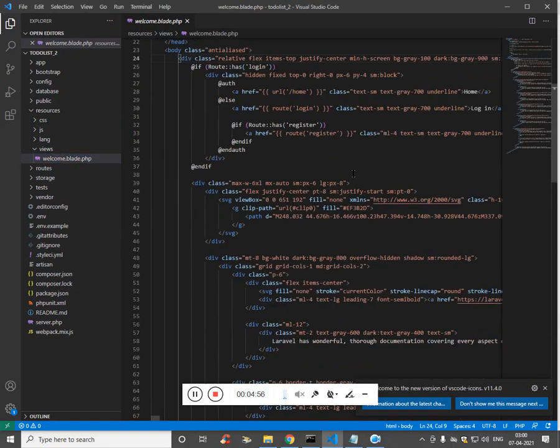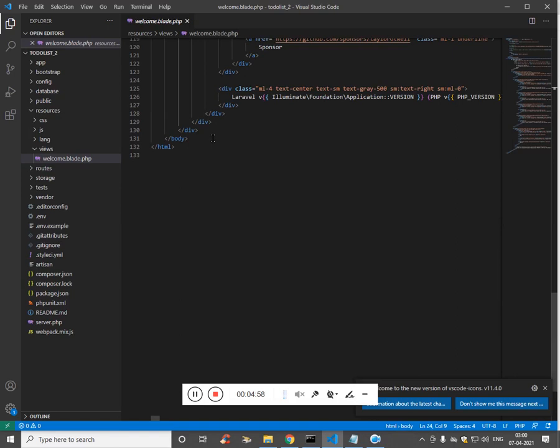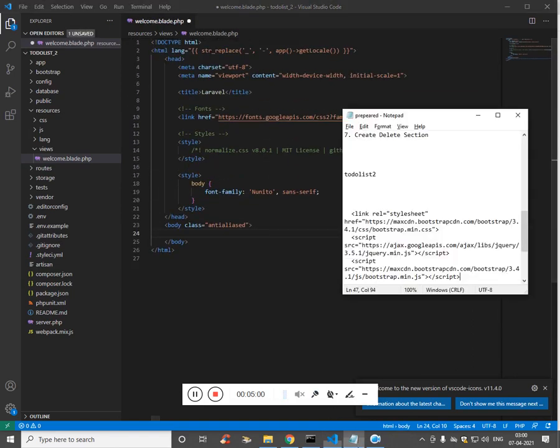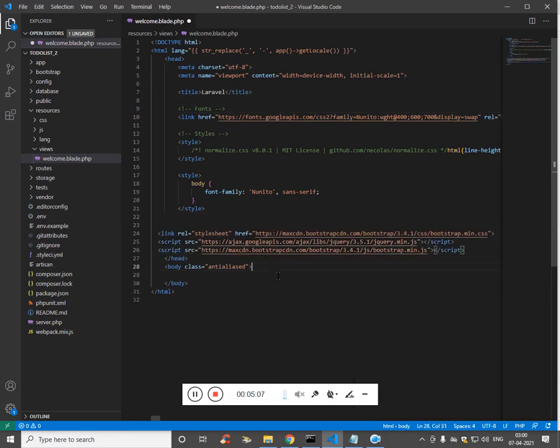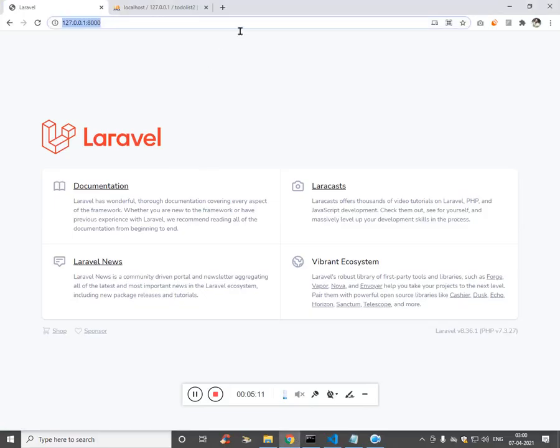So let me remove all the things which are useless, and add the bootstrap code in the head section, and let's just type my channel name just to show you the difference. Fine.